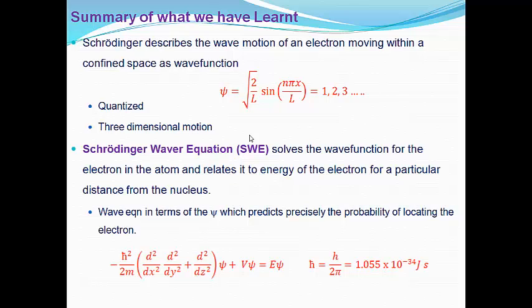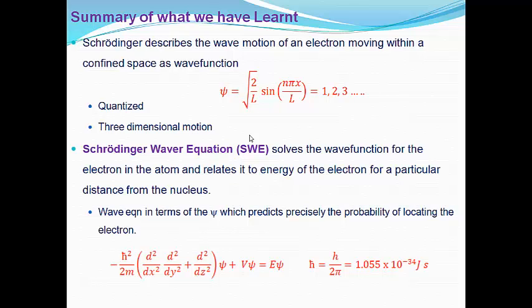And then we went on to describe, because of the wave-particle duality and because of the uncertainty in determining precisely the position and momentum of the electron, but also linking the wave property with the momentum, or the particle property, and the fact that the wave property is described as a standing wave, one can then, according to what Schrodinger did, propose that the wave motion of the electron is essentially described by a sine function, which is the wave function of